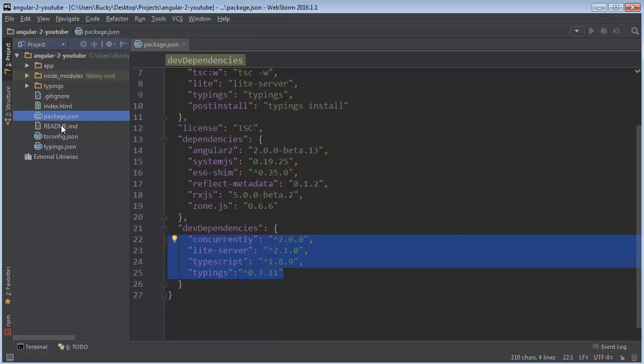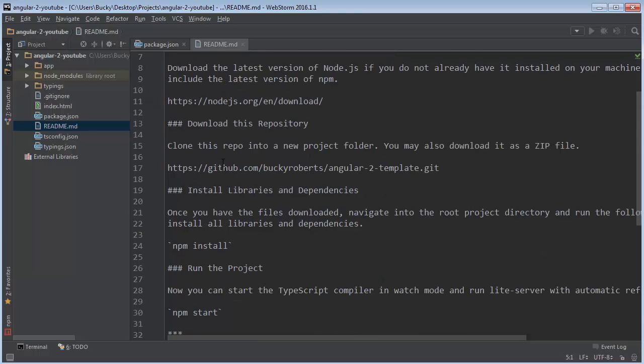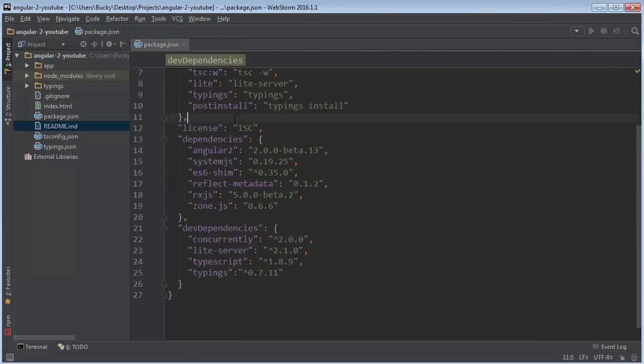This readme.md actually has nothing to do with Angular. This is just for whenever you go to the repo on GitHub that I told you guys to go to in the first tutorial, and you see the instructions at the bottom, that's what this is. So you can, like I said, delete it if you want. All right, so this